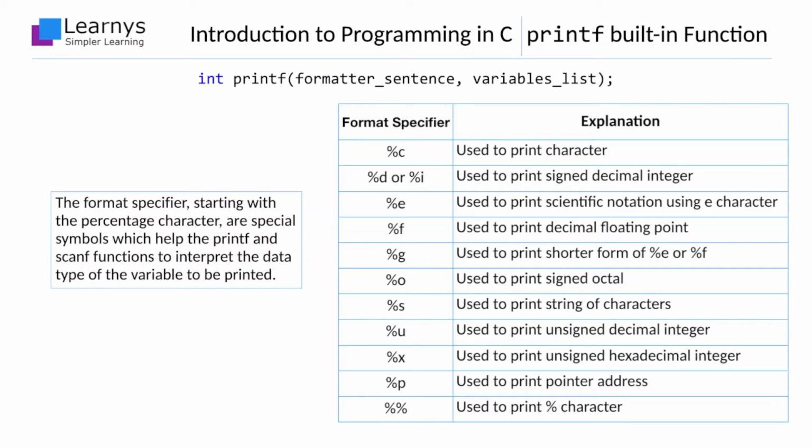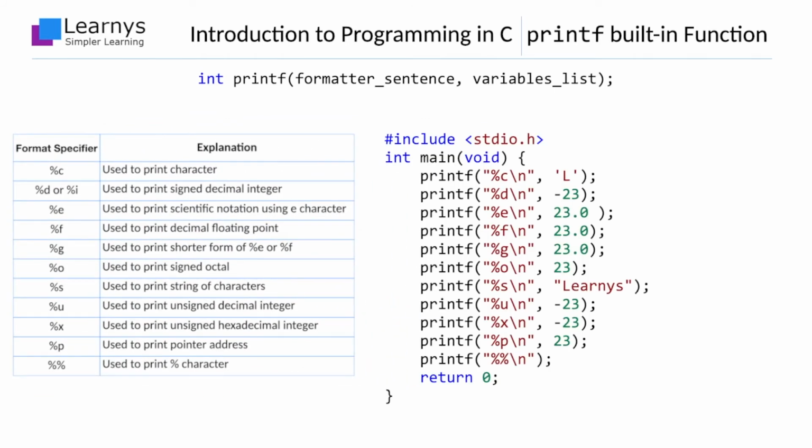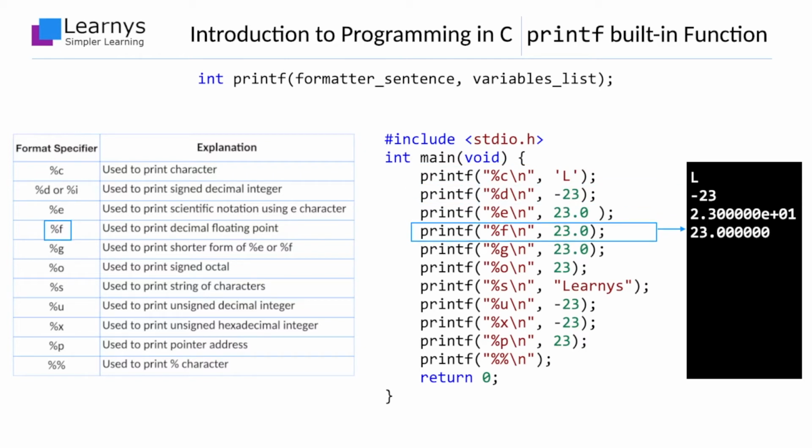This table presents the most commonly used format specifiers. You should see that each one of them starts with a % character, and you should also take note of the data type which the format specifier represents. The second column of the table describes the expected output when the particular format specifier is used. The following program illustrates the usage of each of the format specifiers. Please have a look at them for better understanding. This program, along with the table, is sufficient to help you understand these format specifiers and their usage.